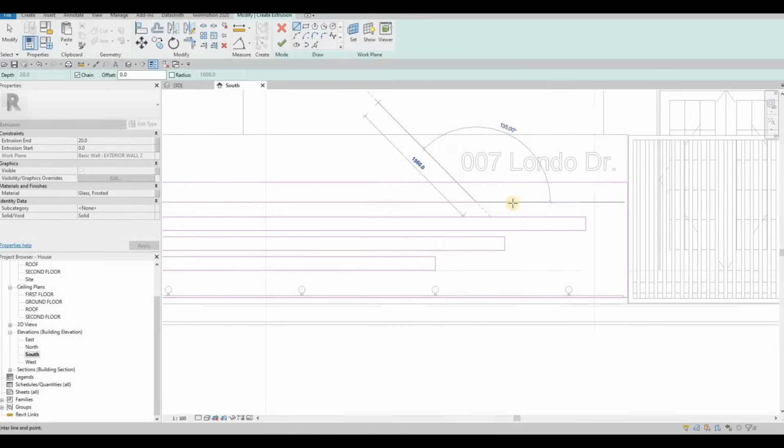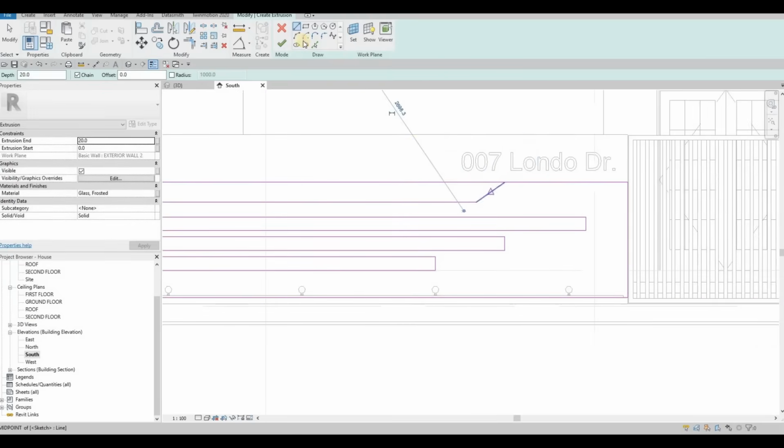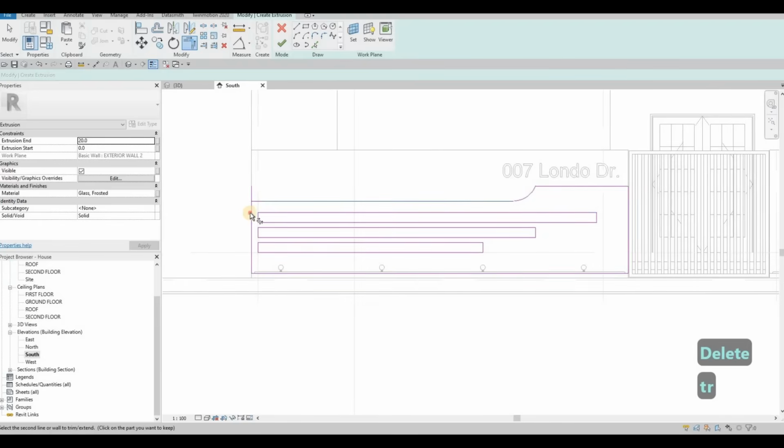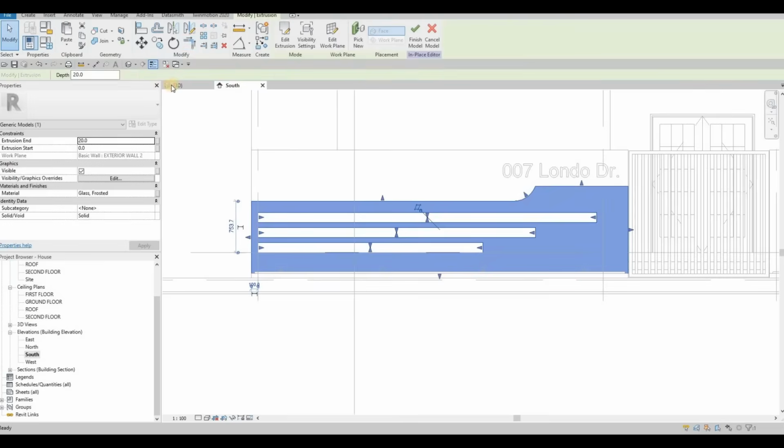And then I want a wave here instead, and then trim and extend. So simple, but it looks much better